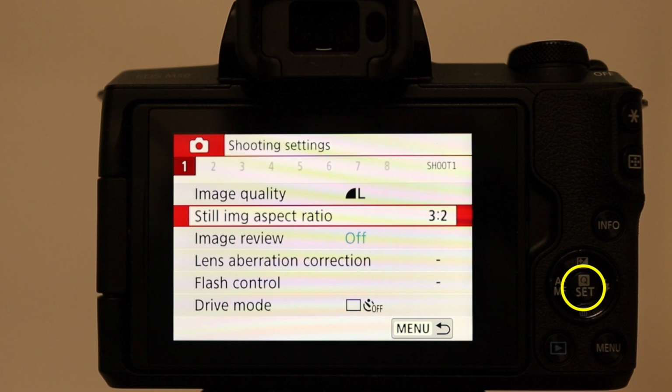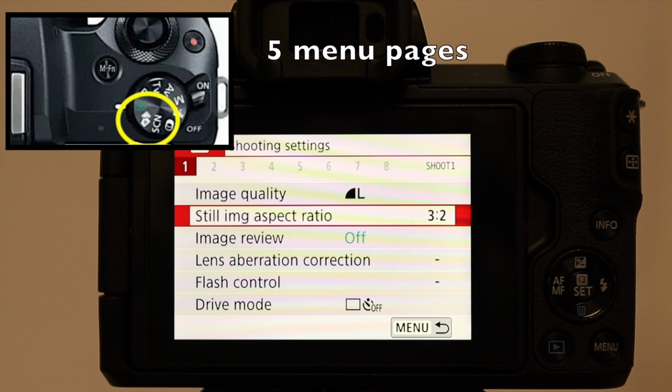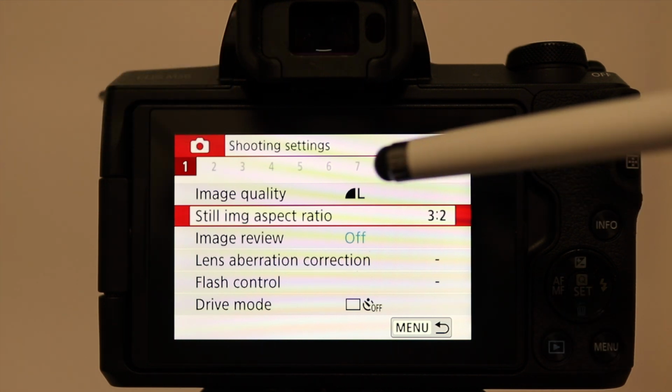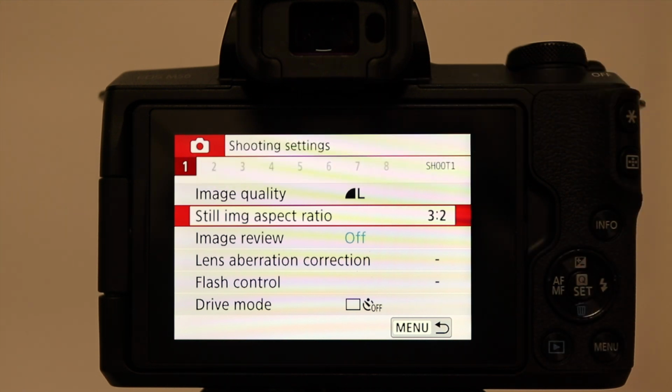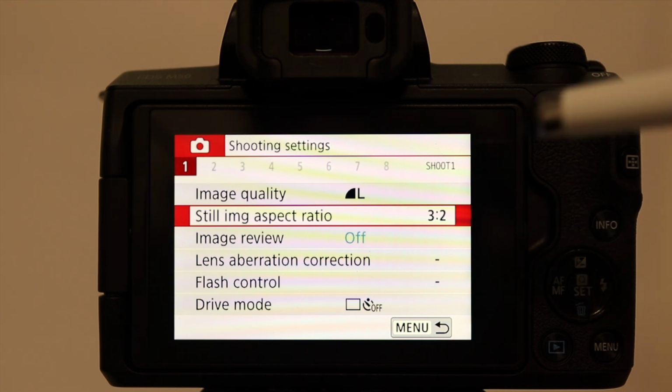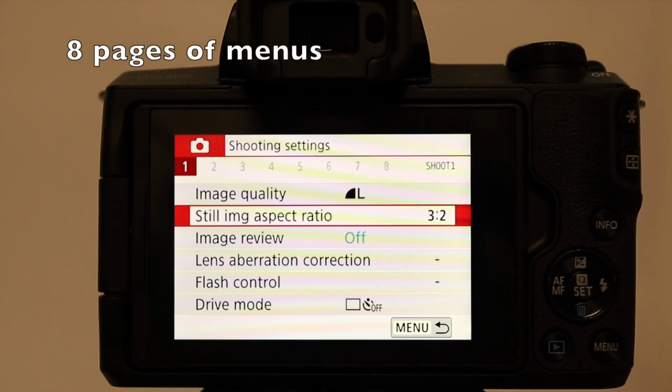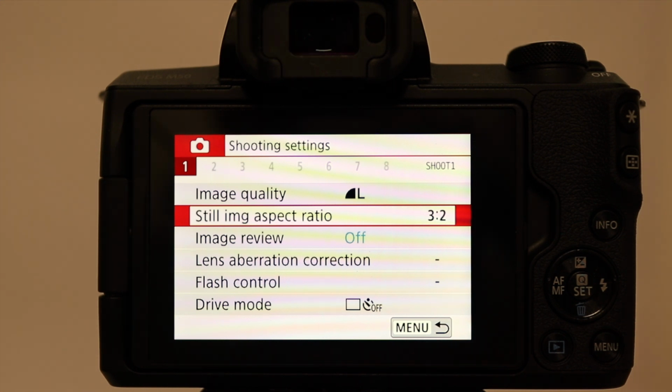depending on your preference. Now if you're shooting in the fully automatic mode, the scene mode or the creative filters mode, you'll find that you've got just 5 pages of menus. When you're in the P mode, the AV mode, TV mode or M mode, you'll find you've got 8 pages of 6 operations. So if you're in those modes you've got 48 pages where you've got menu operations that you have to try and remember where they are. So that is the guided operation, and there is a quicker way of getting access to the screens that you want, and that's called the standard method.